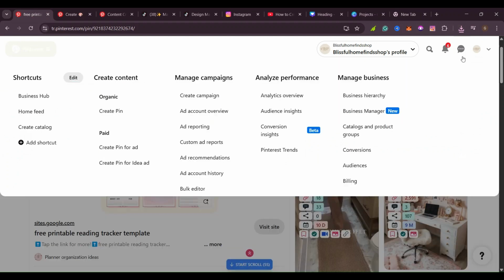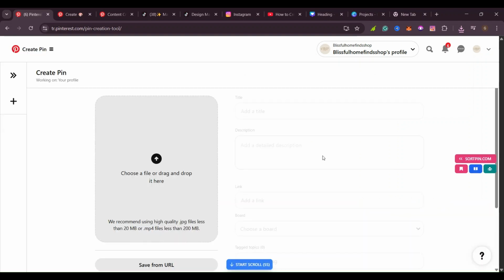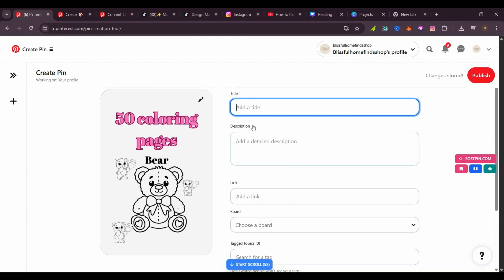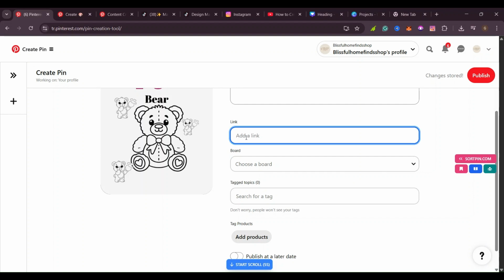You can go to the home page, or you can click here, create pin. Yes, so when you click on create pin, Pinterest is going to take you where you can create a pin. So you can put the pin that you've created here. You just drag it and drop it here. So when you drag it and drop it there, then you put in a title. You can ask ChatGPT to give you a title according to your digital product, a title and a description. Then what you do, you can put the link here for your products,